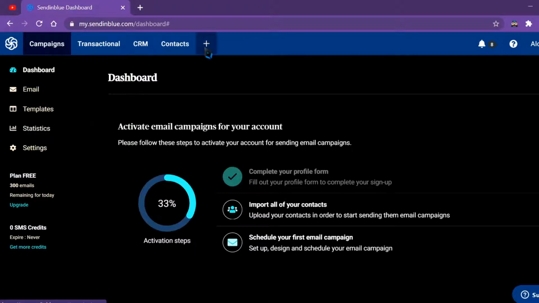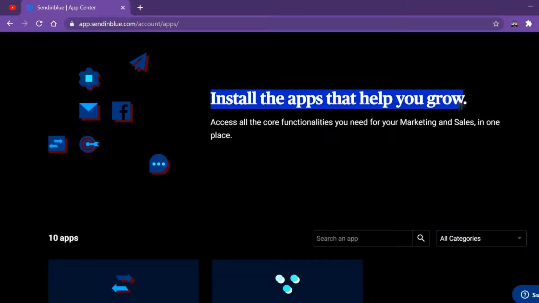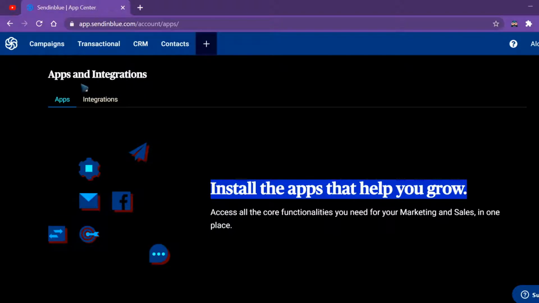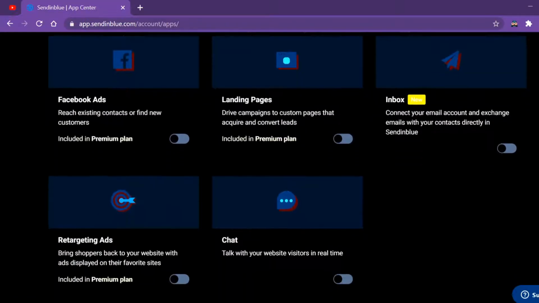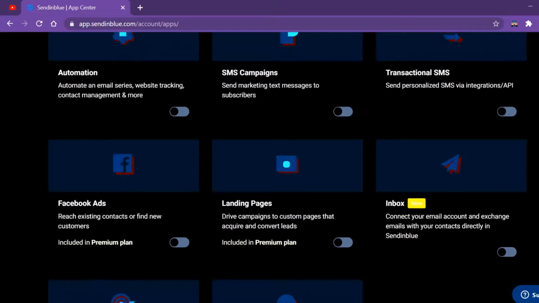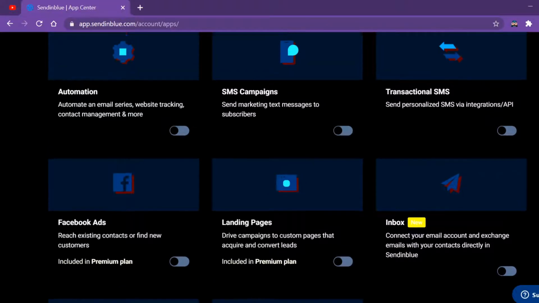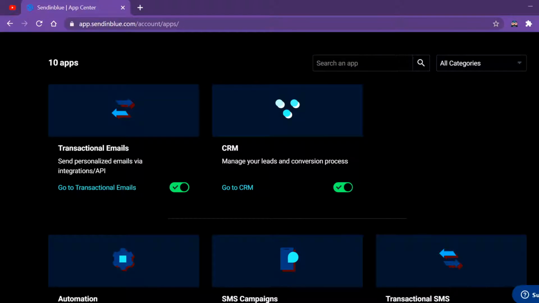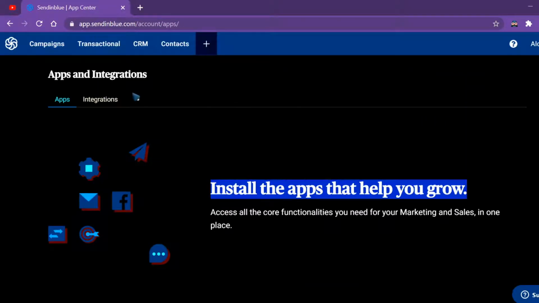As you can see, we can add software in this thing, right? We can have apps with this software, like you can install the apps that help you grow. So there are several apps we can install. As you can see, these are the software, some come in the premium plan, some come in a free plan, some come with the light plan. So these are the integrations that you can do if you want more software.